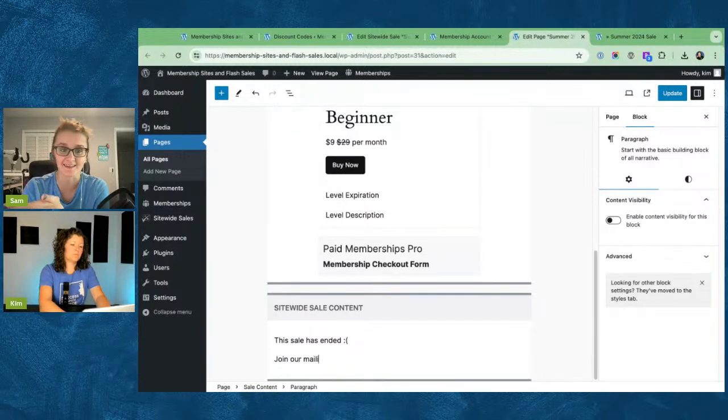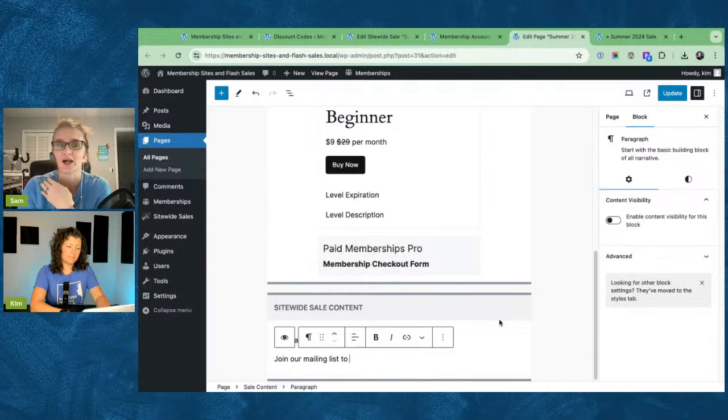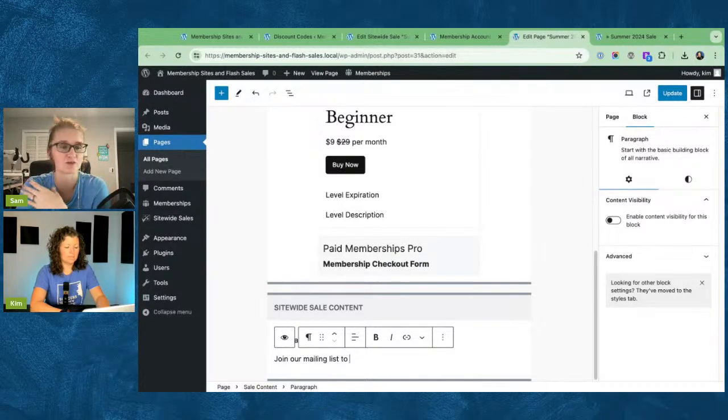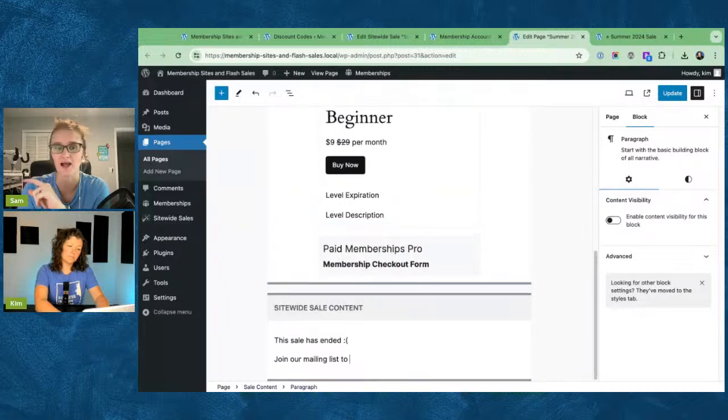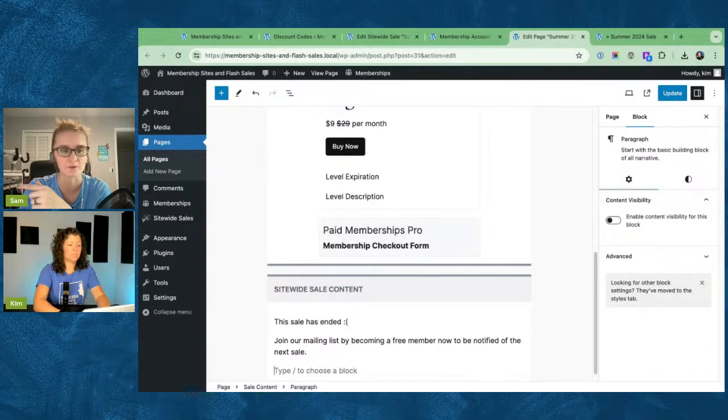If they do get to the link, they're not going to get that sale price. They're going to go to your regular checkout for the regular checkout price. The sale is over. You can create a discount code. We have in the past, if people emailed us after the sale, "Hey, I missed it. Can I still get that price?" We do create a separate discount code outside of site-wide sales to allow them to check out for that